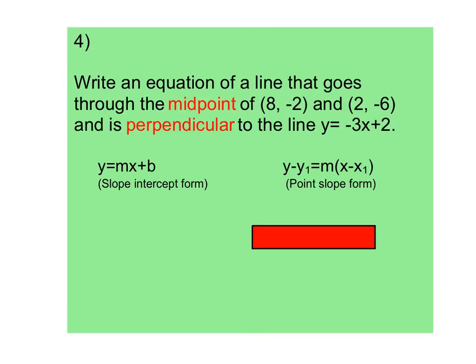Let's get to it. All right, this one's beefed up a little bit. Very similar to the last example. We want to write an equation of a line that goes through the midpoint of those two points and is perpendicular to this line. So I want my slope to be perpendicular to -3. So I want my slope to be a positive 1/3. And I want my point to be the midpoint